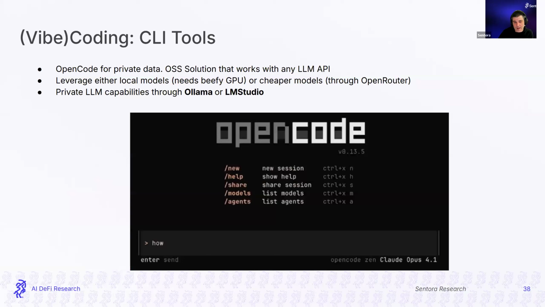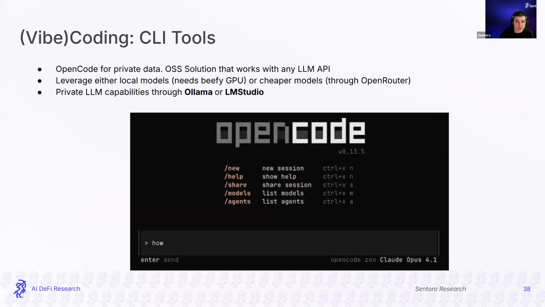And lastly, we're in crypto, so we know that many people are aware of the privacy concerns of sharing some private data with these tools. Thankfully, nowadays there are tools that allow us to run things locally. This is a screenshot of OpenCode, which is pretty much like a copy of Claude Code or Codex.